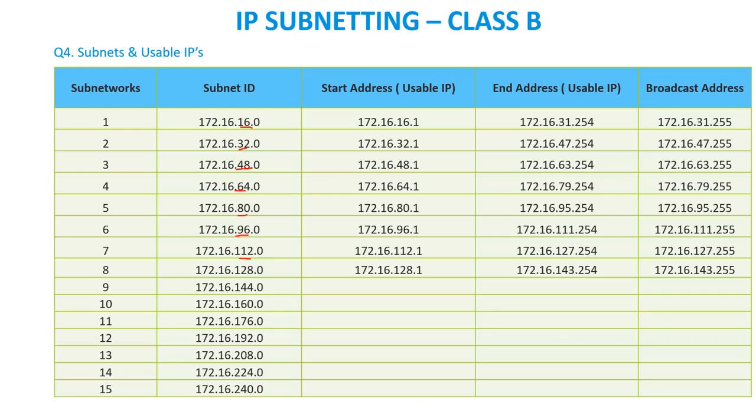Now the question may be, what is the second IP of the fourth subnet? They'll ask that question. So this is the fourth subnet, and the first usable IP is dot one. I asked for the second, right? So it will be 172.16.64.2. That will be the second IP of the fourth subnet, right? Otherwise, they'll ask what is the broadcast address of the seventh subnet. Okay, so we'll take this as an example. So this is the broadcast address of the seventh subnet.